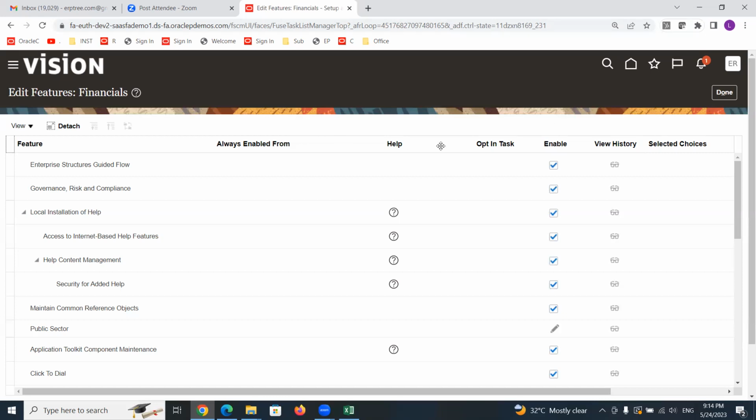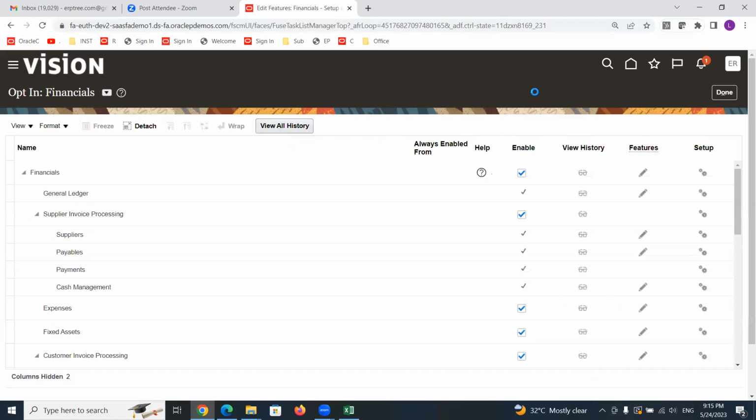Yeah, thanks. Here you can see certain features, but whatever is really required, Oracle is enabling. Mostly you don't need to enable anything. Just click on done. We'll go back to the same offerings and options where we enable. This is how you can enable any offering and option, so that you can select it into your implementation project. After selecting it into your implementation project, you will be able to do the setups. Now we enabled financials. Let's see procurement.